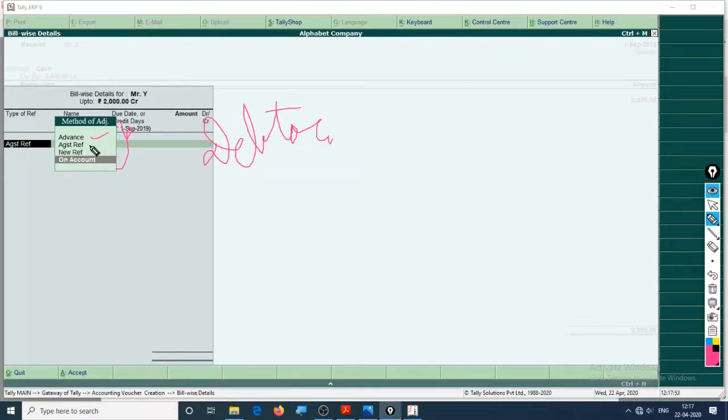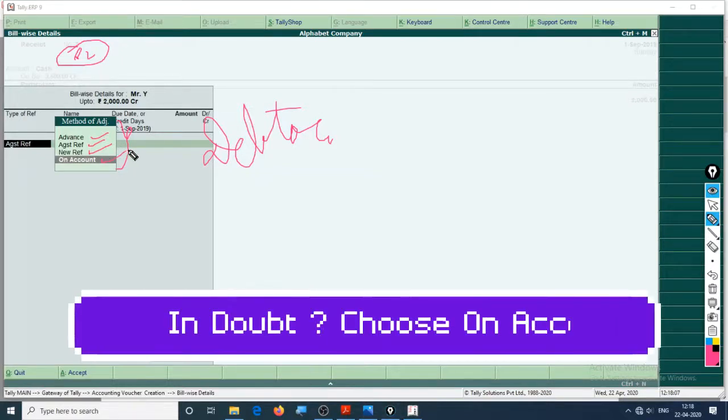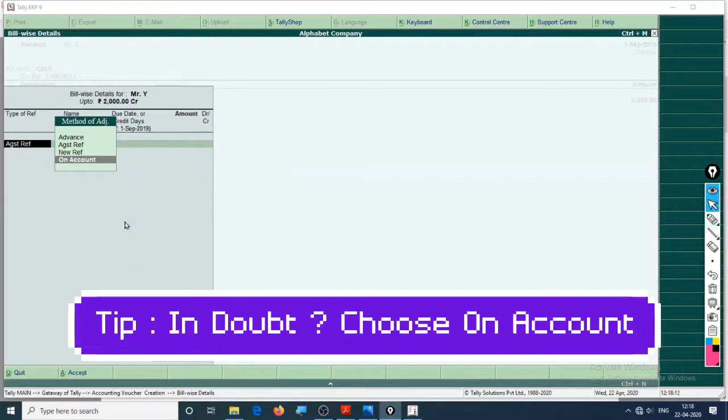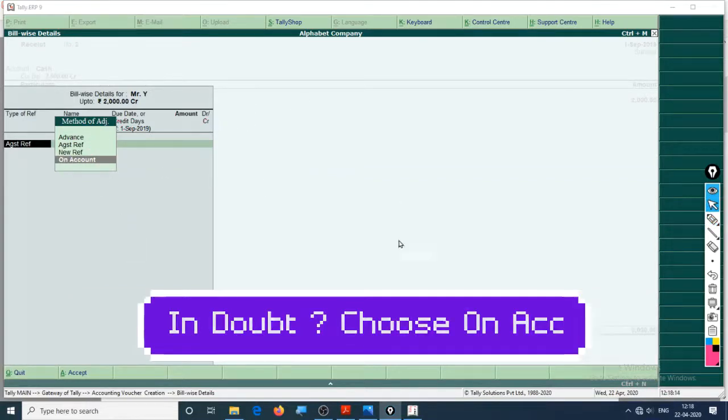No, Mr. Y has not paid us advance. Against reference, no, there is no reference. That reference number we used to put right here, that is 0201. New reference, if you want to put a new reference right here, no. On account is the left one, so we'll choose on account, that is the whole account of Mr. Y.